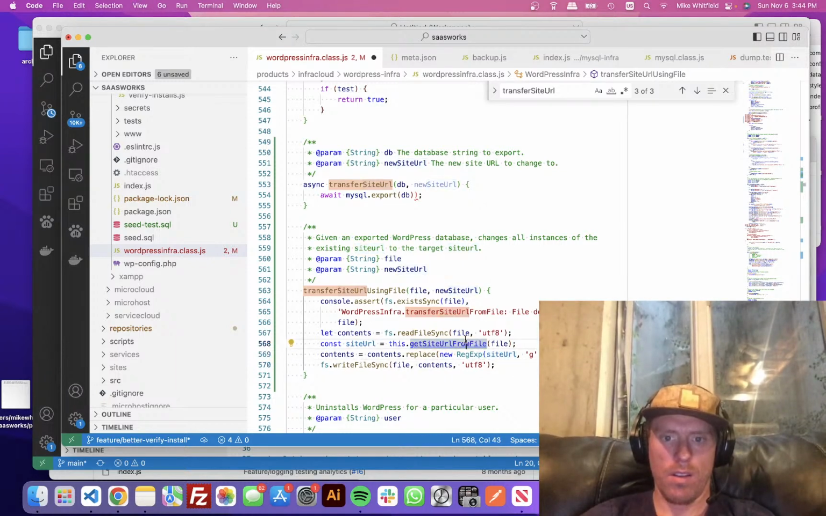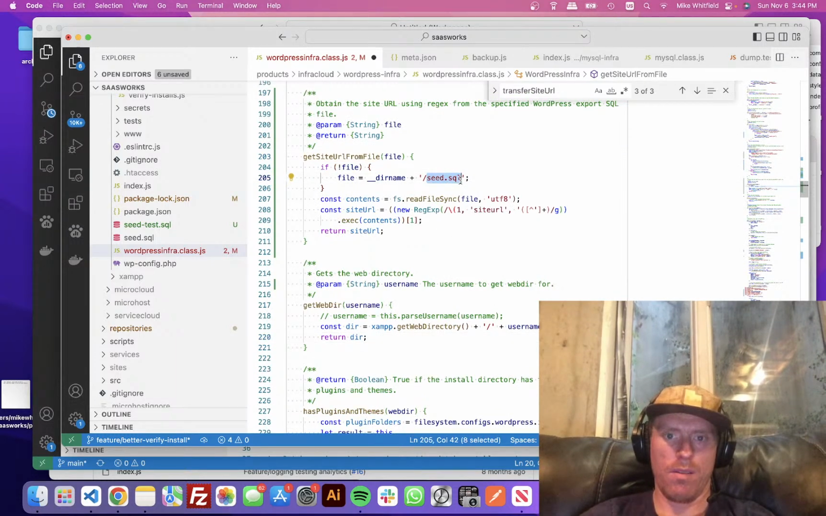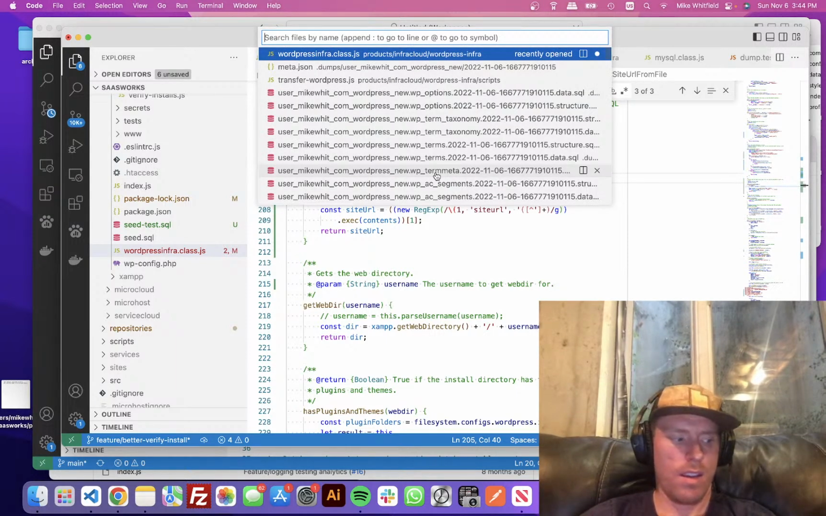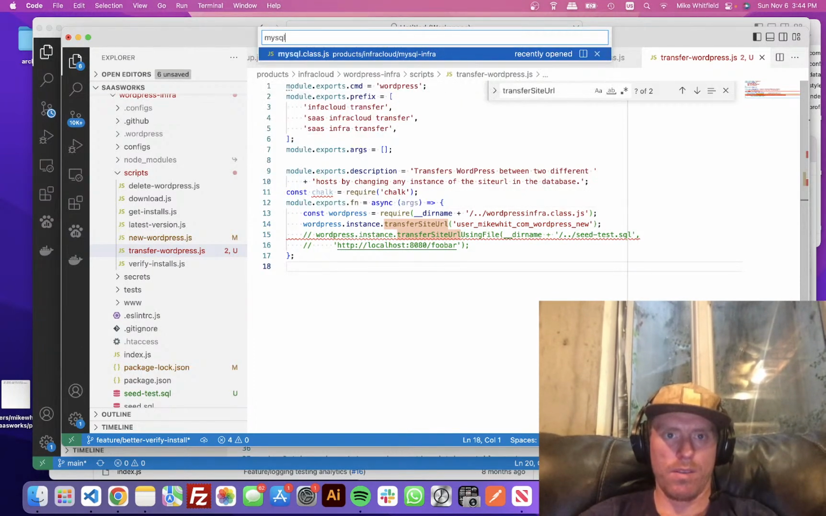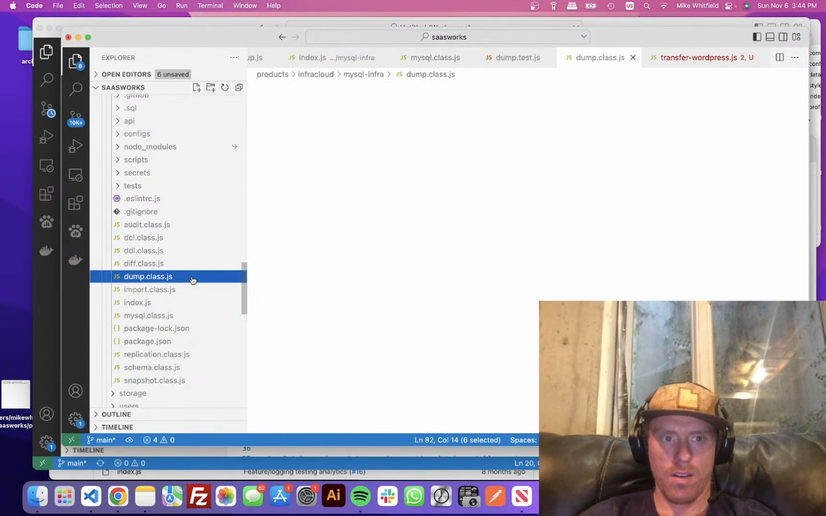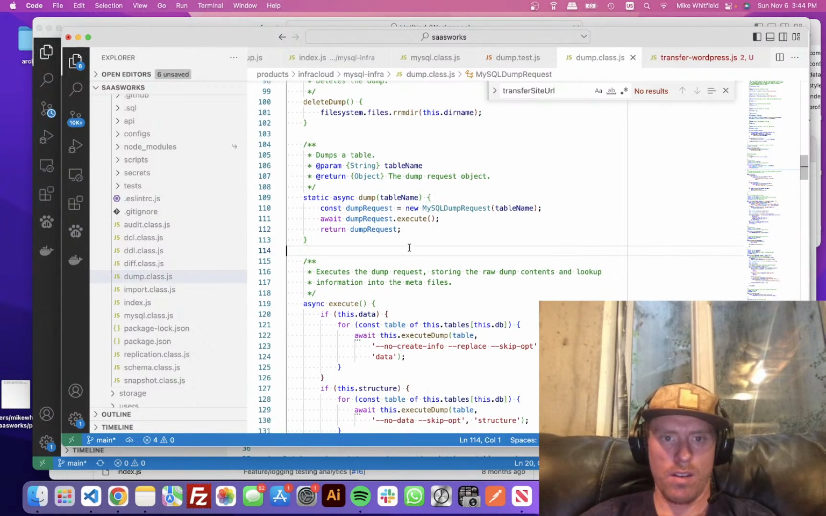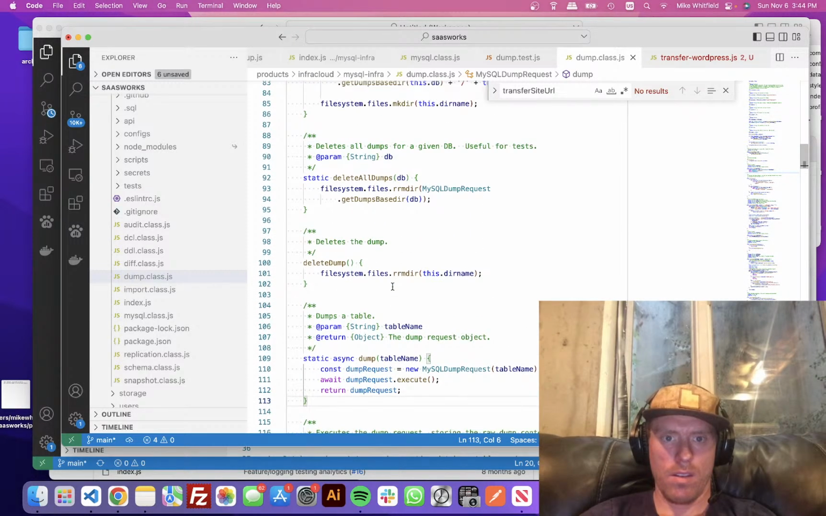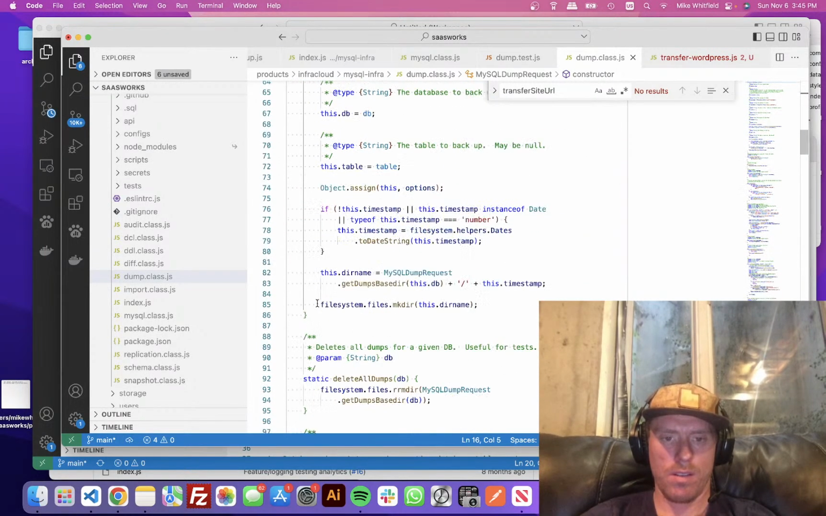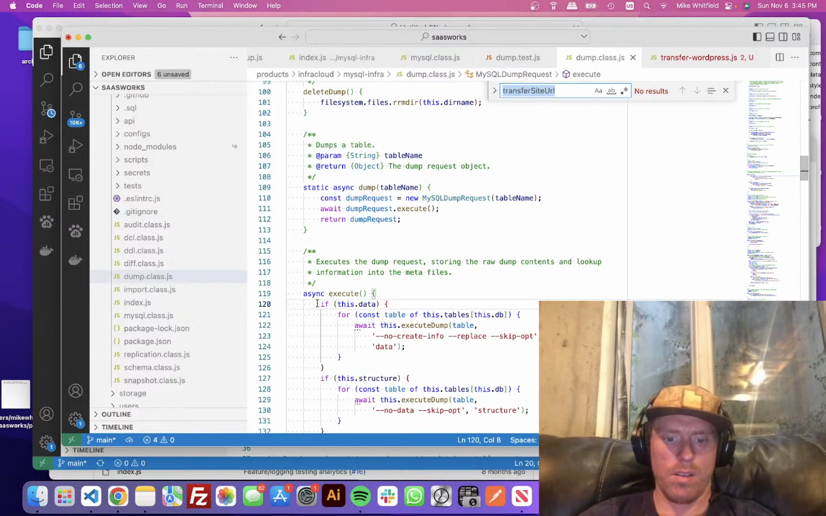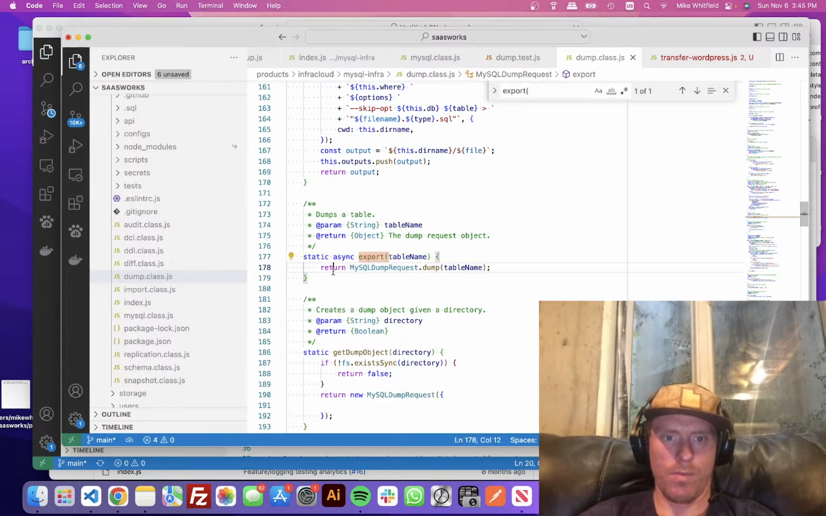Site URL. Yeah, so the constraint of this, I guess, is that this is going to need to get concatenated, which may run into issues, but let's try it. All right, so this is probably going to live inside of here, and we'll do something like MySQL dump request, export to